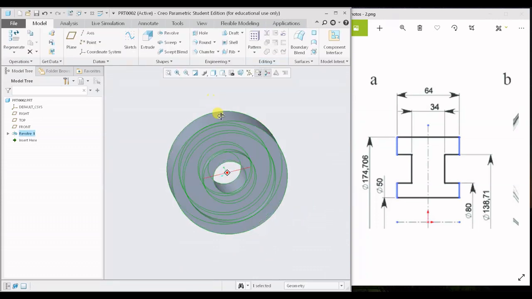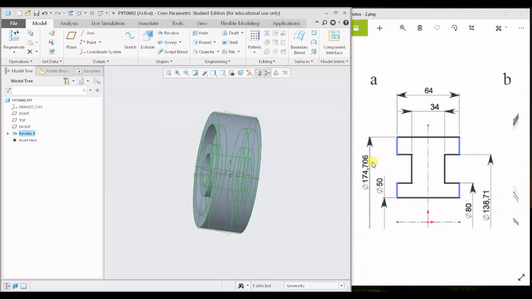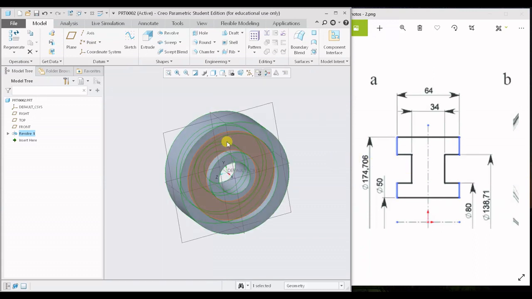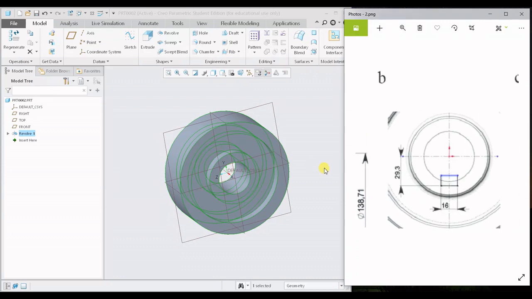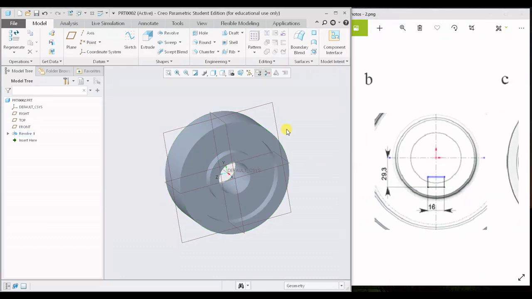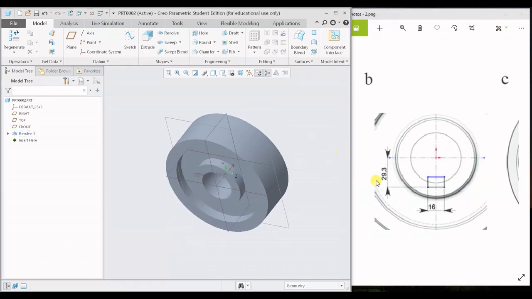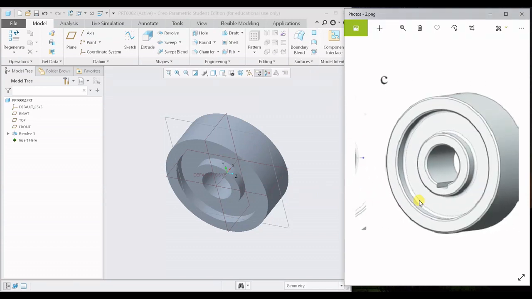Now we can see that the cross section, that is the I section, has been revolved. In similar fashion, maybe you can practice with different forms of sections like C section or J section. So these are all the mechanical components. Now we have one task left to us, that is to create the keyhole or the key slot,